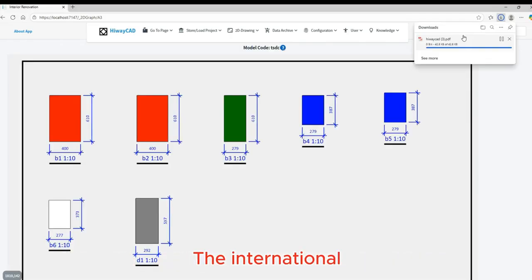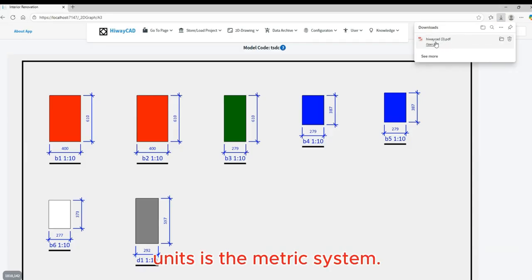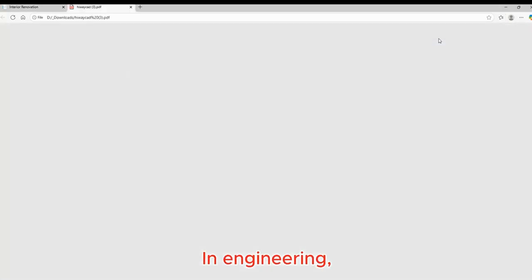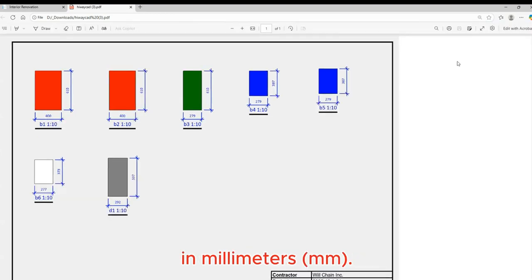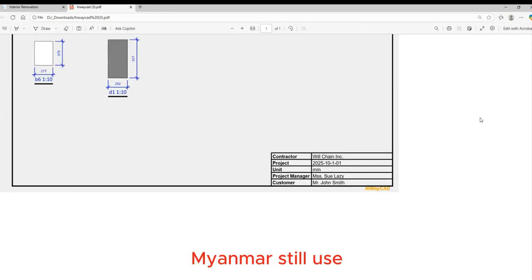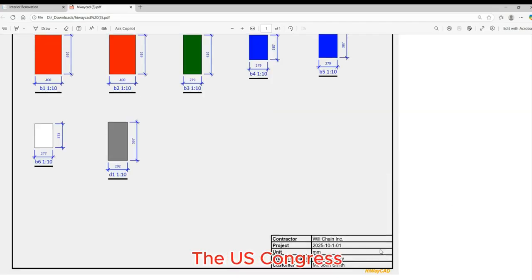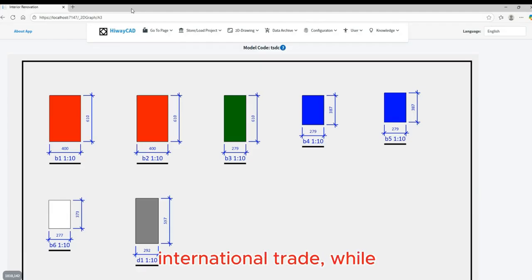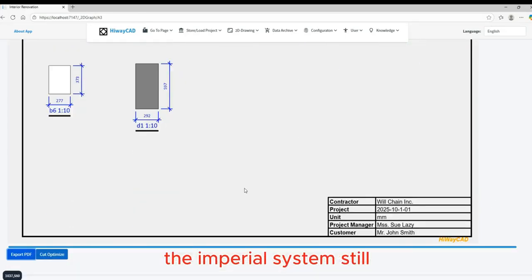The international standard for dimension units is the metric system. In engineering, measurements are taken in millimeters. Only the United States, Liberia, and Myanmar still use imperial units. The U.S. Congress legalized the metric system in 1866 and passed the Metric Conversion Act in 1975, but did not mandate conversion. Consequently, conversion primarily occurred in science, medicine, and industries related to international trade, while the imperial system still